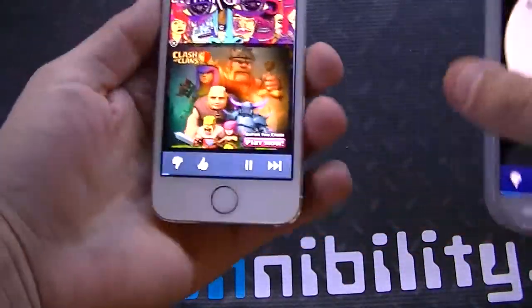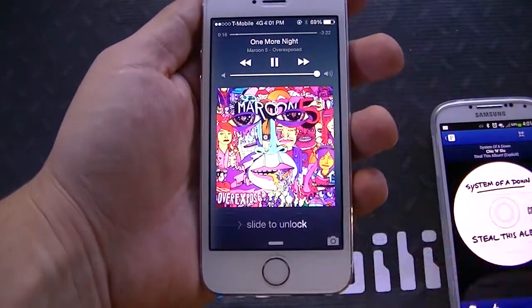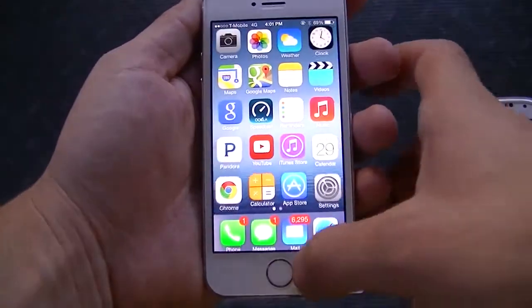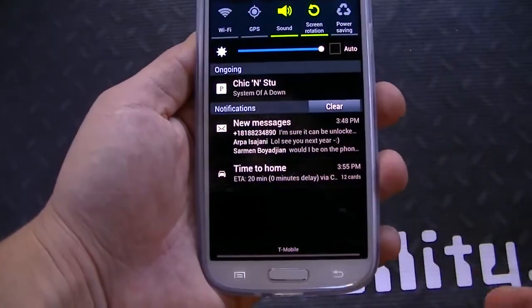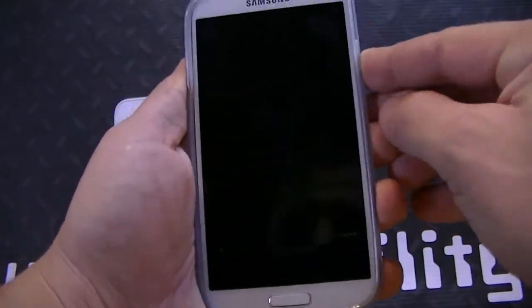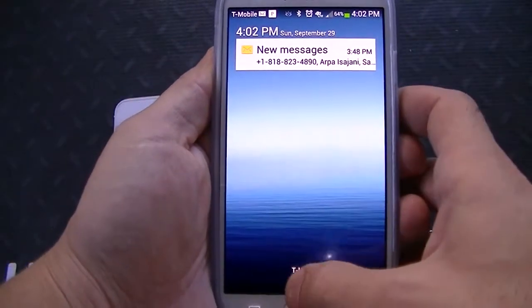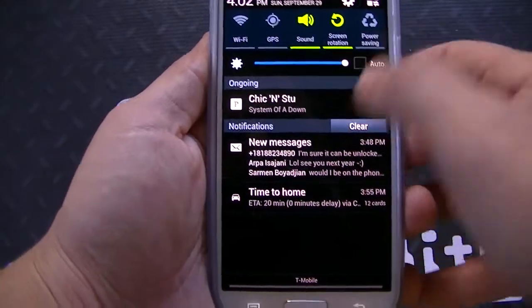And if I'm playing here, go home. Got it in the lock screen. If I unlock, you also have it in the control center. Pause that. See? Okay. And you can also put a widget. Of course, you also got it in the lock screen, if you want it in the lock screen, that is. It all depends. You can set that up as you so please.